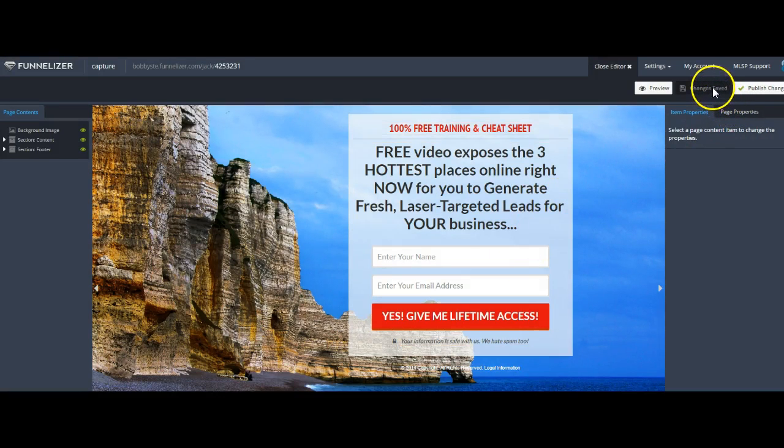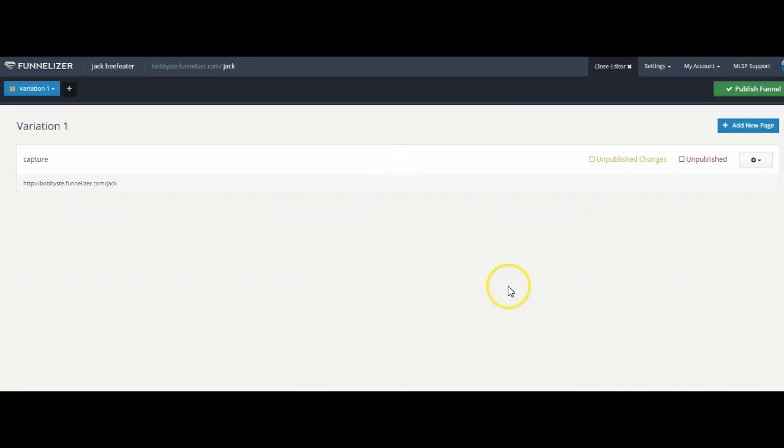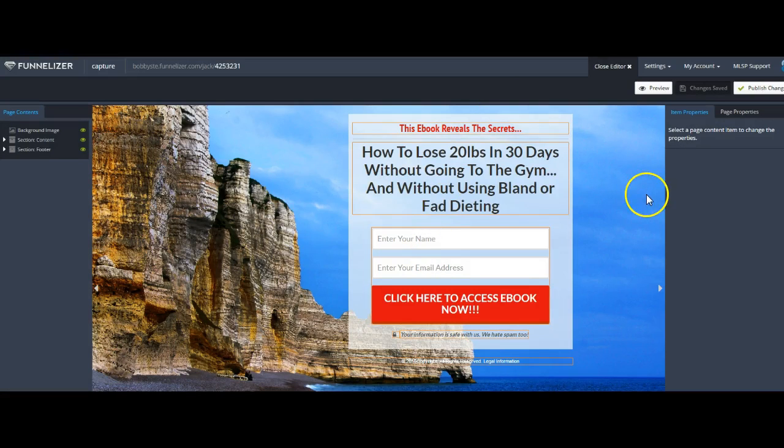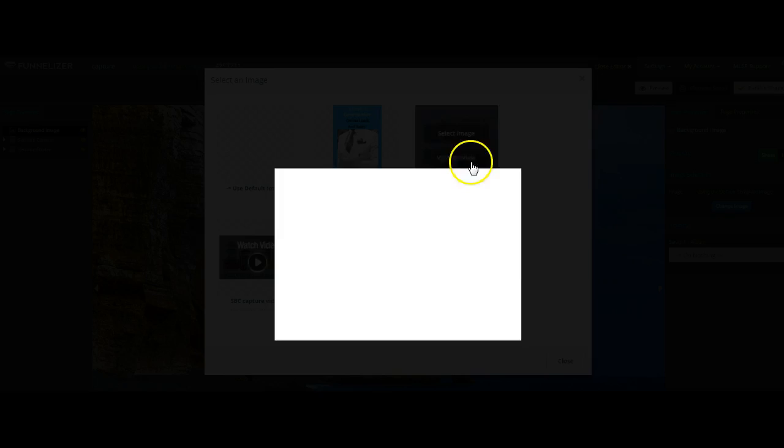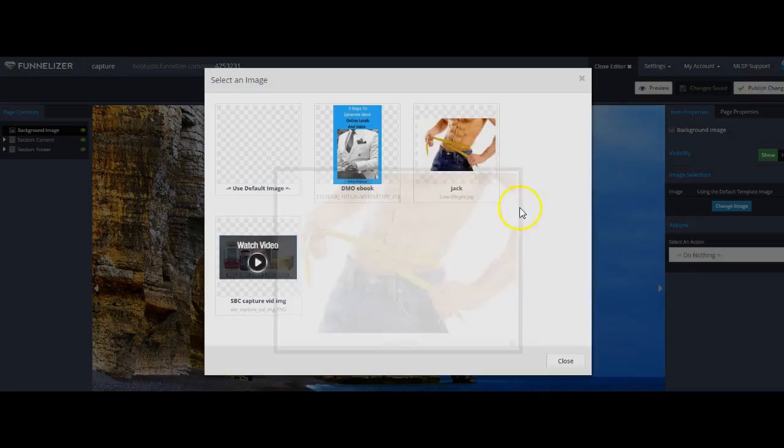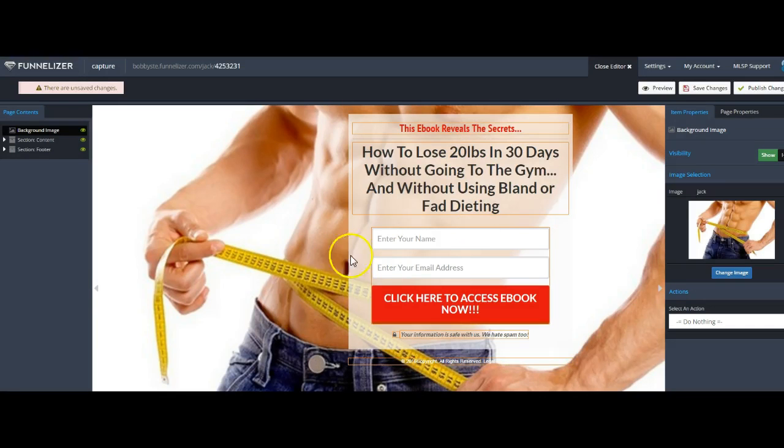Oh no. Let's see here. So I'm going to close that editor. I'm going to come back in here. Edit page. There we go. Got it back. So I'm going to show you how I can change this background image right here. So I'm going to click on the image itself. Go to change image. I'm going to select the image, and boom, there I go. I have a custom funnel for a specific use. So you can do this for any industry, any niche. It's pretty awesome.